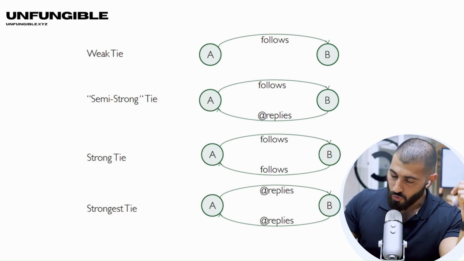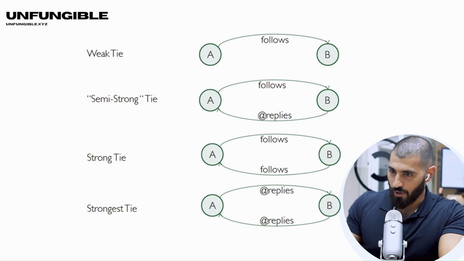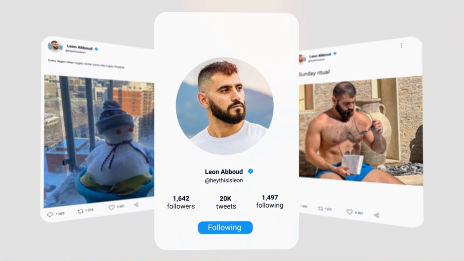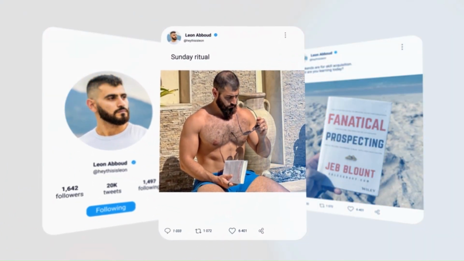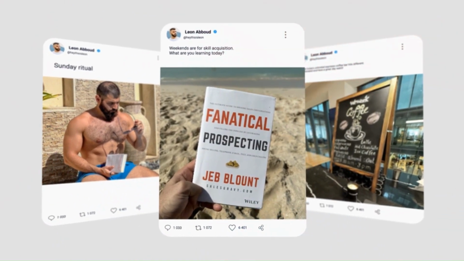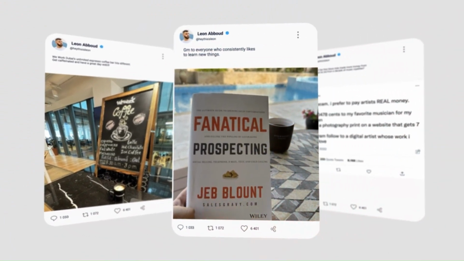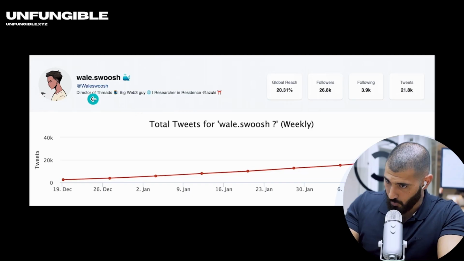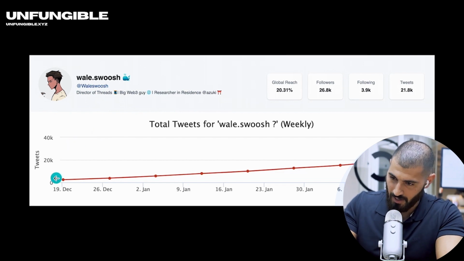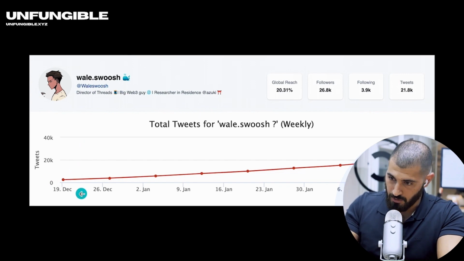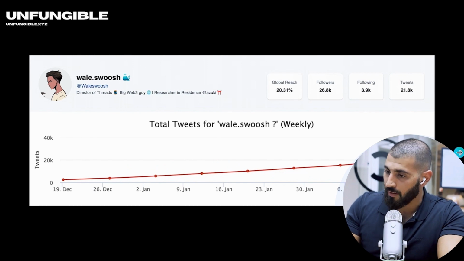Because all of you here, you've gone through our strategies. We tell you that engagement is key on Twitter. So imagine doing that 500 times a day, 500 replies per day, and you're engaging with people that both follow you and reply back to you. All of a sudden, you have 500 guaranteed impressions right there on your tweets without even doing anything, without creating good content. And going back to Whale Swoosh, this is something he has been doing exactly, because although his follower count has gone parabolic, he has been maintaining a constant pace of tweeting about 500 times every single day, day in, day out.